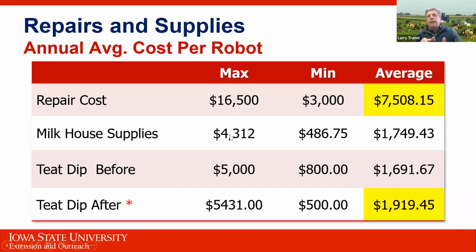And so that repair cost is highly variable from the early part of the robot to the later part of the robot as well. One thing the survey really showed up is just that some producers just couldn't imagine how much teat dip they actually went through with the robots. And I've been on quite a few robotic installations across the country, and every time I get called in for a milk quality issue on one of them, the first thing I'm going to do is just check to make sure all 4 teats on most cows are getting dipped. And I get into a lot of situations where it might be 1 teat, it might be 2 teats, and sometimes you're lucky if all 4 teats are actually being dipped with some of the dippers